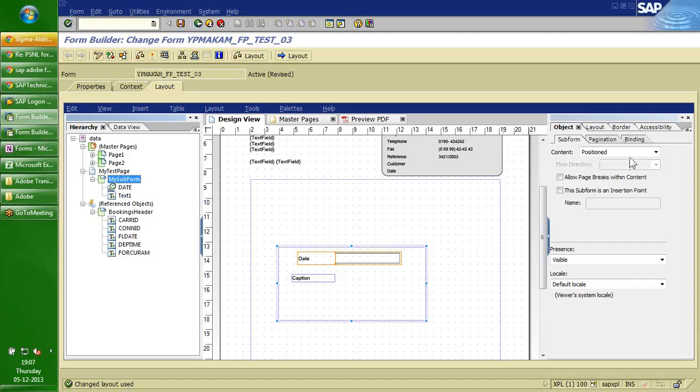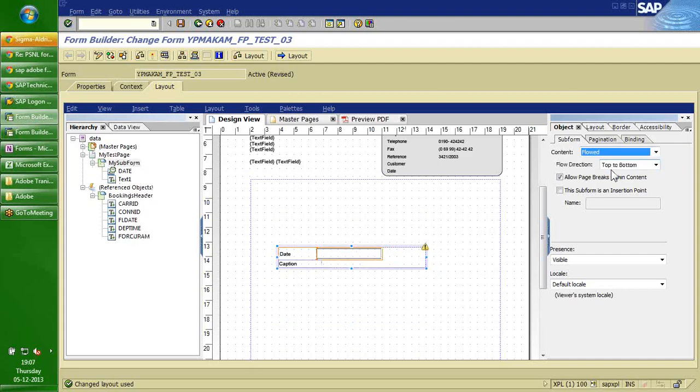See, the thing is, the subform can be positioned with XY coordinates as well. I can use a float as well. I can use top to bottom. See, these two elements are grouped into a subform. Now this is floating top to bottom. If I use the Western text,